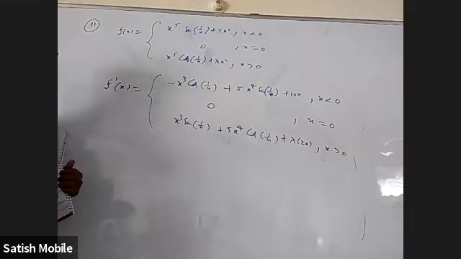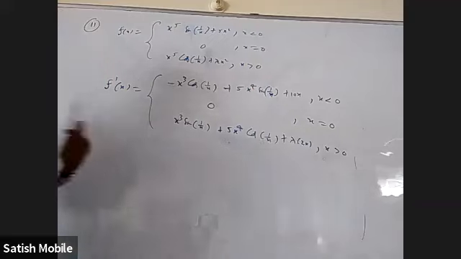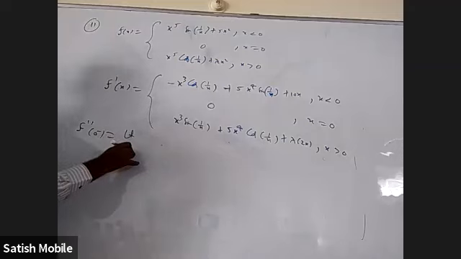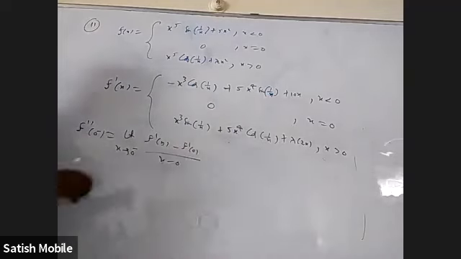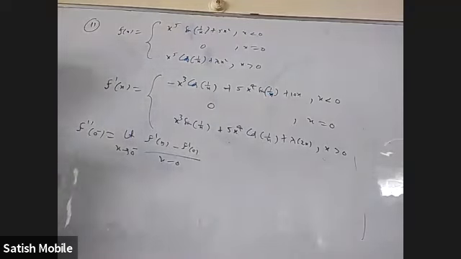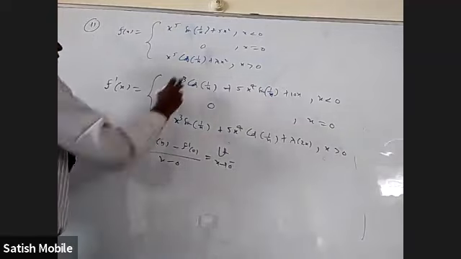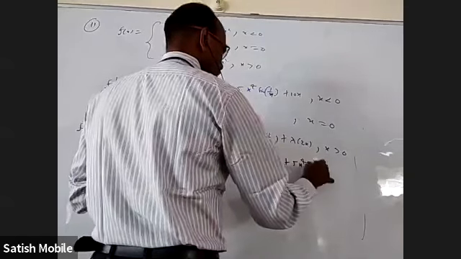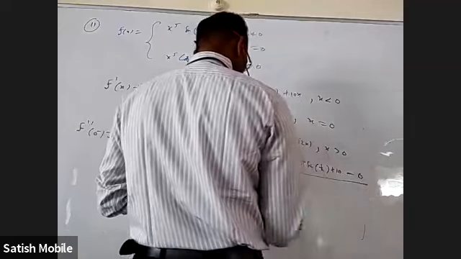Now, if you want f double dash 0, again you have to use first principle only because you want to differentiate this. At 0, there is a change of definition. All right. So, if you want f double dash 0 minus, it is limit x tends to 0 minus f dash x minus f dash 0 by x minus 0. The rate of change of f dash is called f double dash. Okay, what is f dash x? I have to use this now. Minus x cube cos 1 by x plus 5x power 4 sine 1 by x plus tan x minus f dash 0, which is 0 already, by x minus 0.